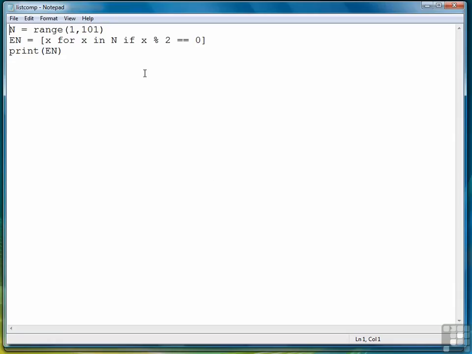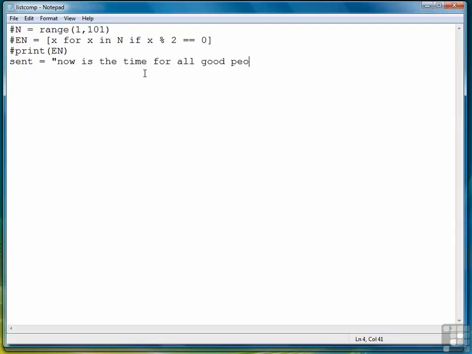So that's one example. Let's look at one more example. Let's say I want to print the length of all of the words in a sentence. So here's my sentence. I need to continue it on the next line, like so. Now I need to get the string into a list, and I can do that using a special string function